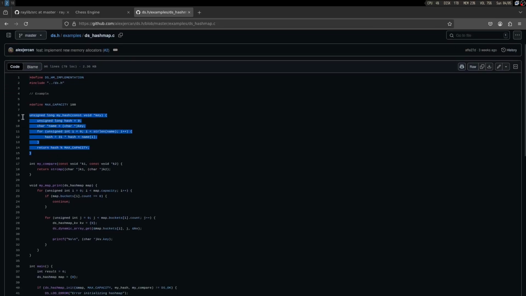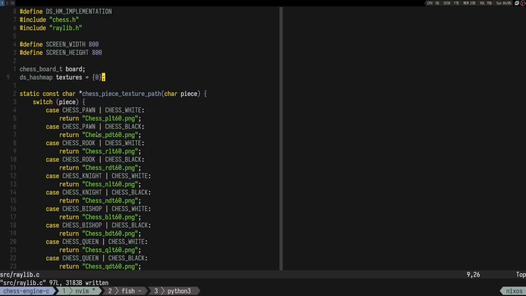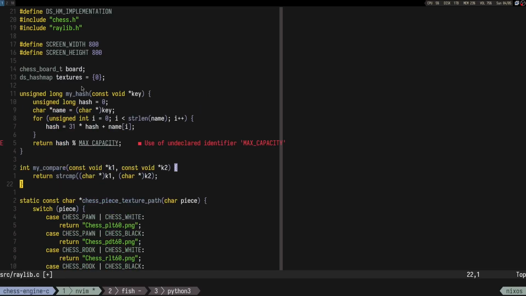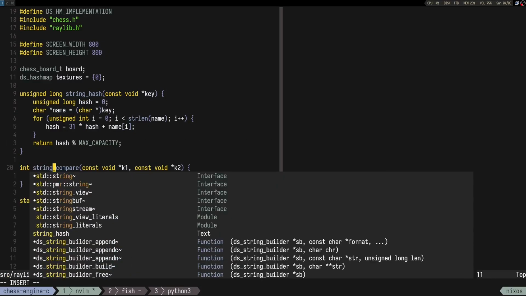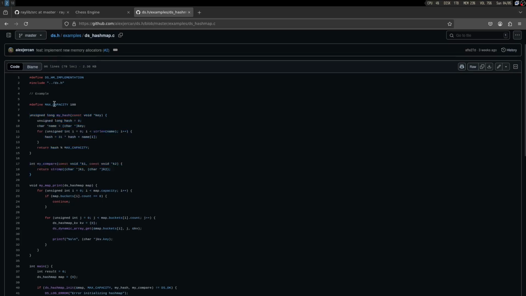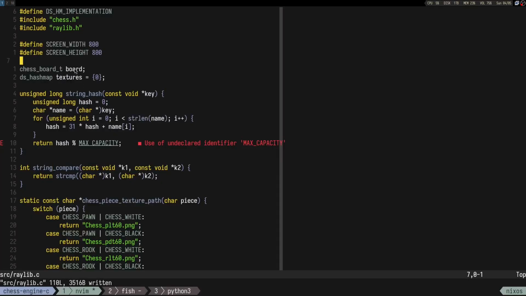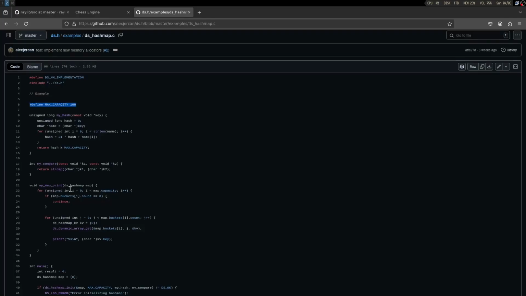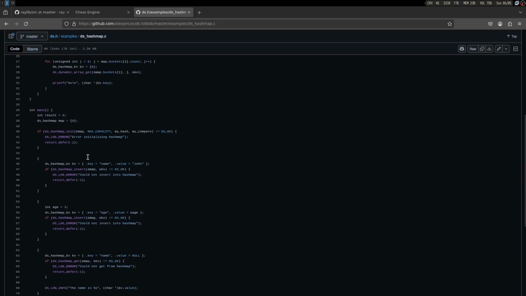You need a hashing function, you need a compare function, but it's not that bad, I guess. So we could just have a string hash, string compare, and we also need a max capacity. Let's define it. Okay, so we have the string hash function and the string compare function, and now we can